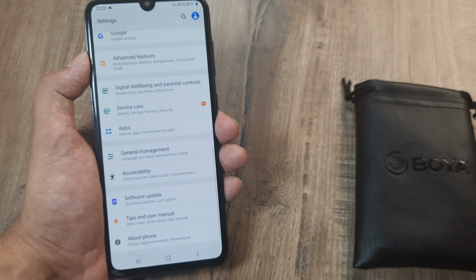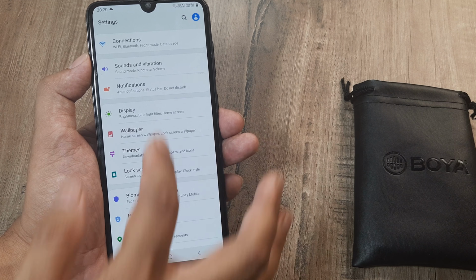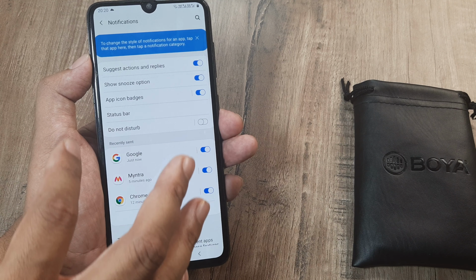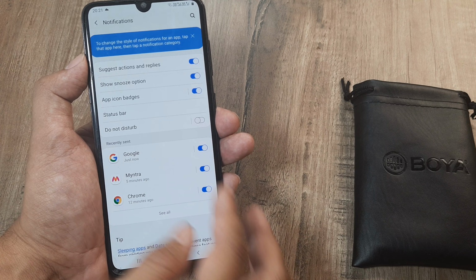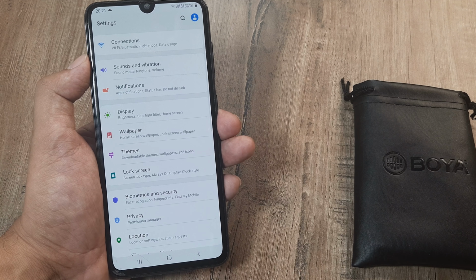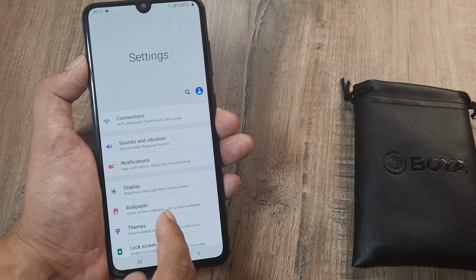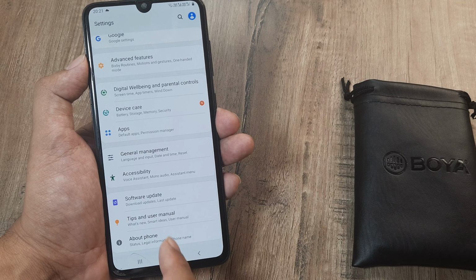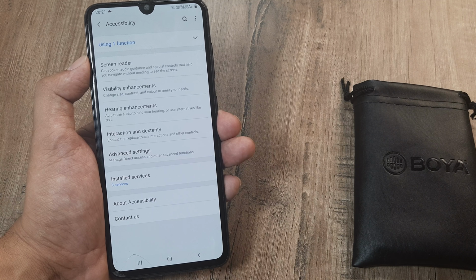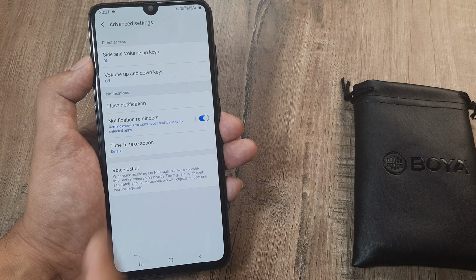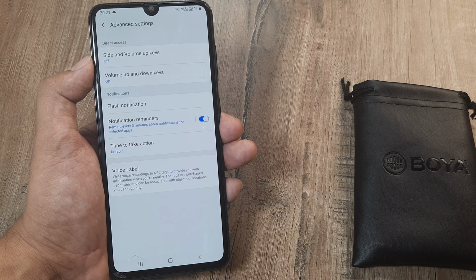You need to head towards the settings and you start thinking that this would be located under notifications, right? That you can turn off notification alerts from here, the reminder settings or something, and this would go off. Actually, you are pretty wrong. In fact, the last time we made this tutorial for an earlier version of Android, this was under accessibility and still is. So you actually go down and you will see there is an accessibility option, but they have hidden this still further. They have put it under advanced settings and you can see that the notification reminders has been turned on here for every 3 minutes. So time to go here and knock this baby off.